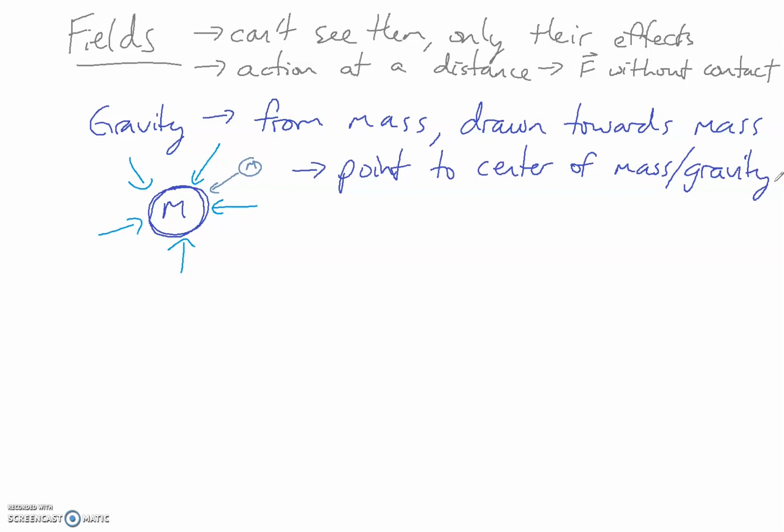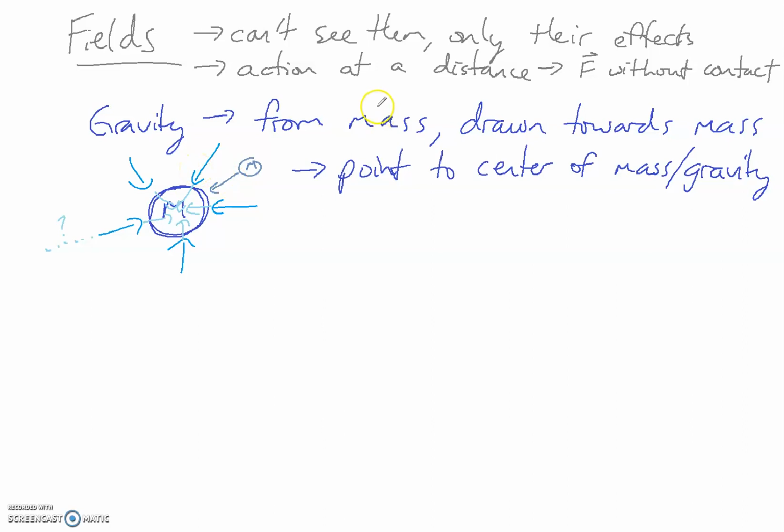Now, for these arrows, they are apparently going all the way to the center of mass, center of gravity inside of the mass. But where did they start from? If we would backtrack these arrows, where did they start from? Well, gravity really doesn't have an original point out in the middle of space somewhere. It doesn't work that way. In fact, these arrows are actually sort of being drawn the wrong way.